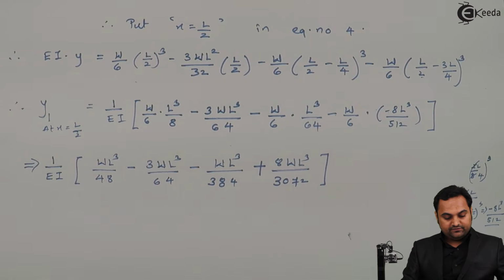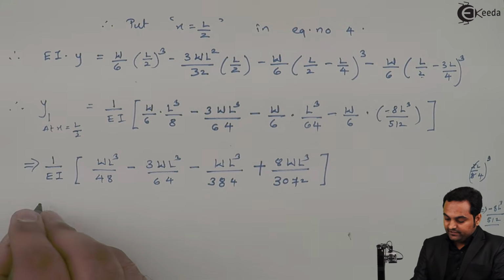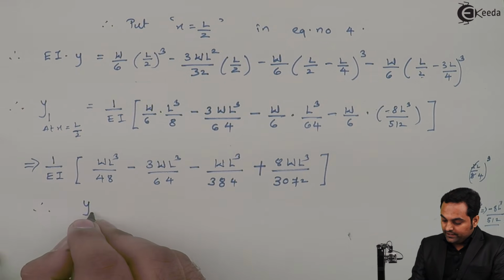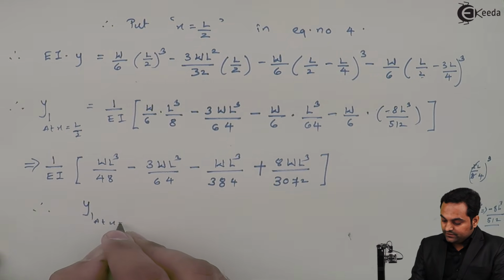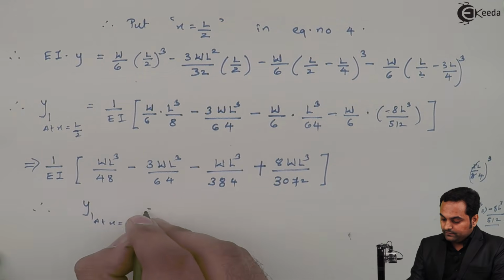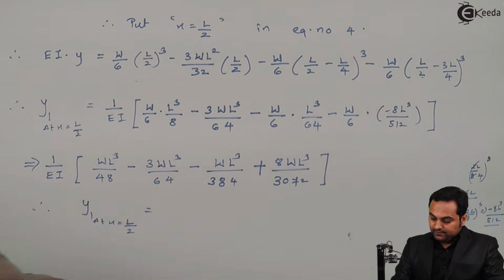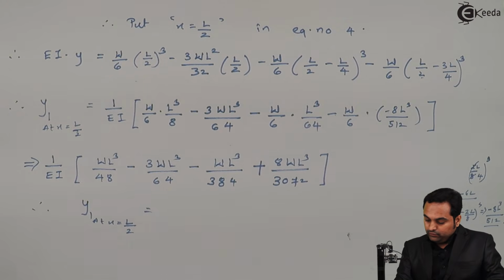Next, after reaching here, when we simplify this, y at x is equal to L by 2, that would be,